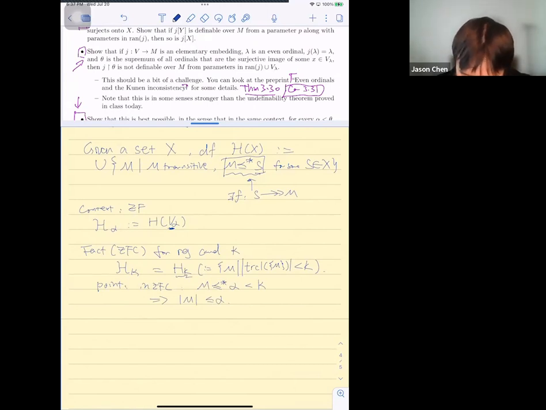Whereas this is defined by using injection. Since everything's well orderable, this is a pretty easy fact, not hard to get. And the point is, so when you have these sort of ZF analogs of these H kappas,